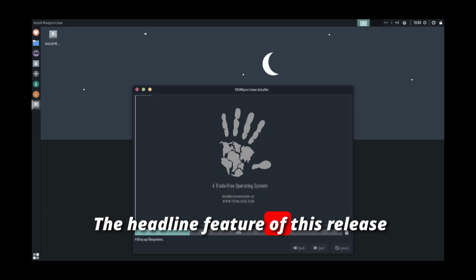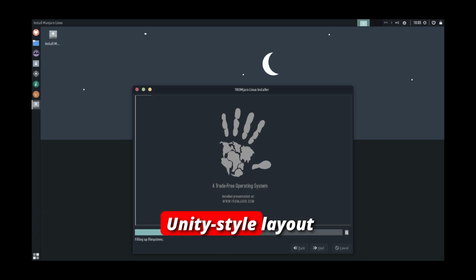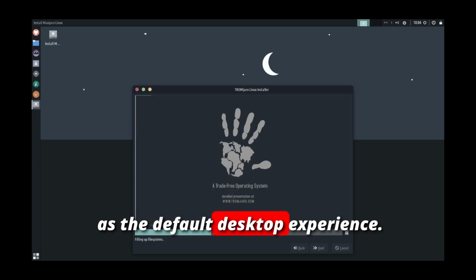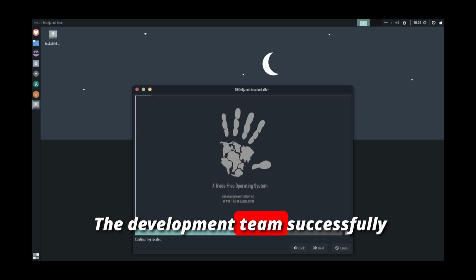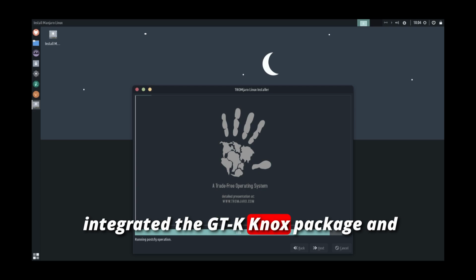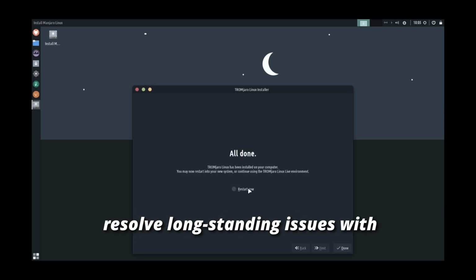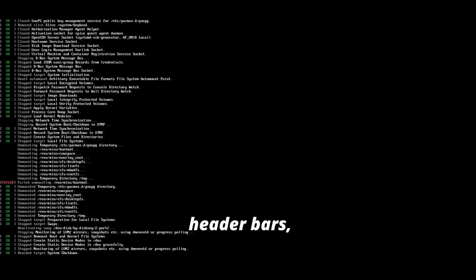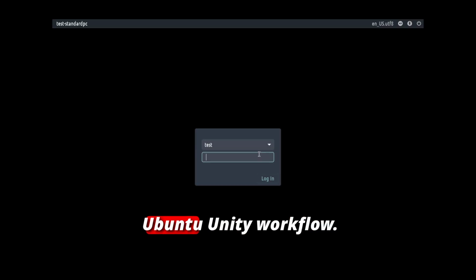The headline feature of this release is the official return of the Unity-style layout as the default desktop experience. The development team successfully integrated the GTK-Noxed package and custom theming to resolve long-standing issues with header bars and client-side decorations in GNOME apps, allowing them to finally blend seamlessly into the top panel when maximized, mimicking the classic Ubuntu Unity